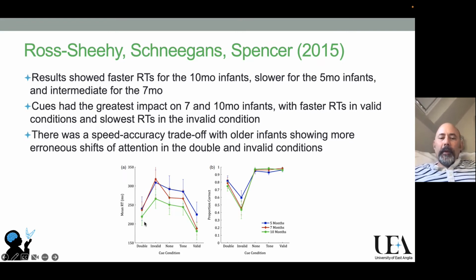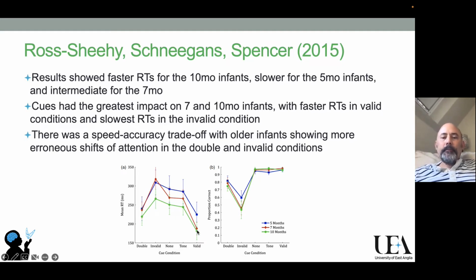What you can see in general is that reaction times, as you might expect, became faster over development. So 5-month-olds are the slowest, followed by 7-month-olds and then 10-month-olds. But the really interesting result was how the reaction times were modulated by condition. If you look at the 7-month-olds in particular, they showed a really strong modulation of their reaction time by the pre-cue. So they were very slow in invalid and very fast in valid. In fact, they were just as slow in invalid as the 5-month-olds, and just as fast in valid as the 10-month-olds. So really